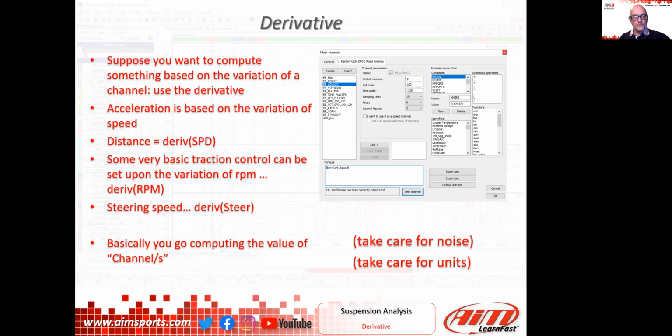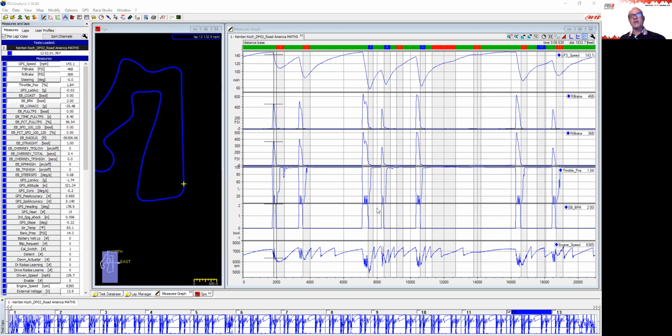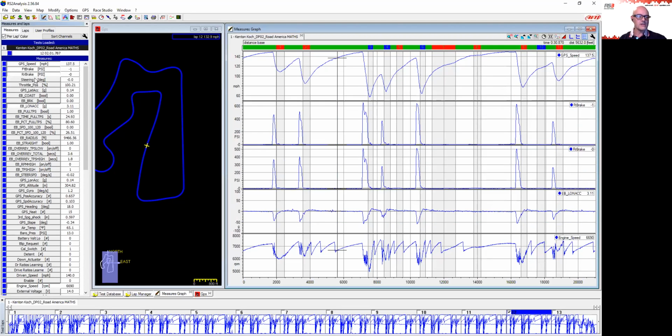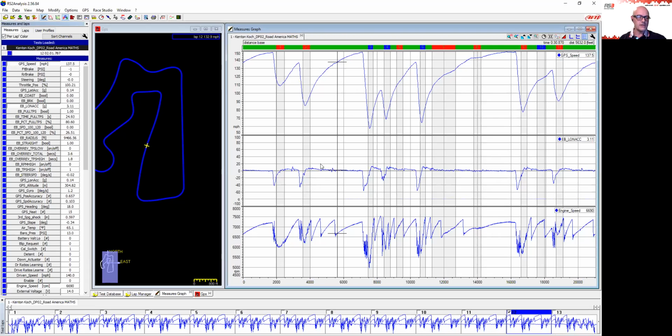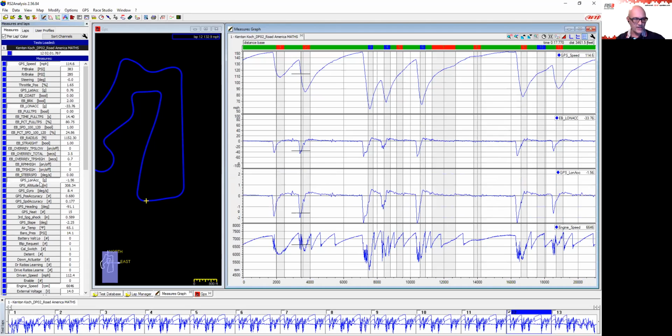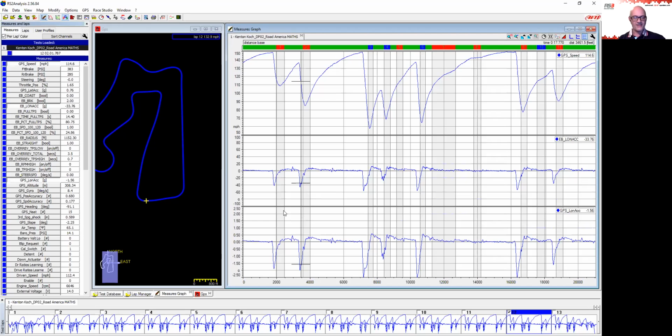We can jump to the live data, and I think I computed the longitudinal acceleration. Okay, longitudinal acceleration here. We can compare this with the longitudinal acceleration computed by GPS, just to show that those squiggly lines are really close. The shape is very close. The numbers are a little bit different because